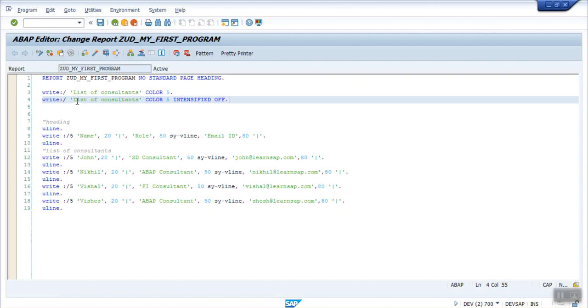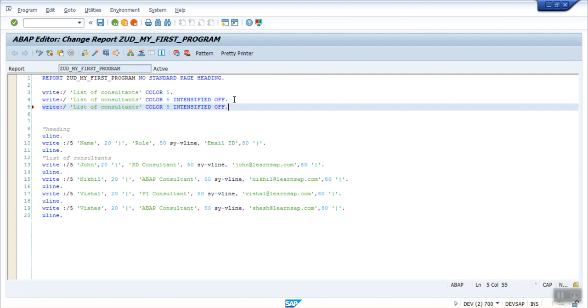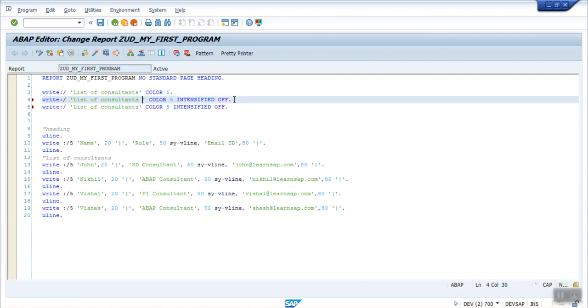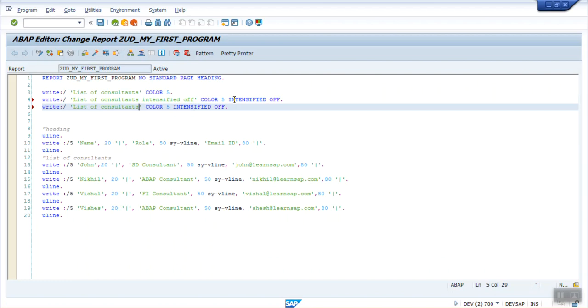Still, it has changed the background color. If you want the font color to be changed, then we have to add one more parameter called inverse. Let's see, intensified off, and we write here inverse on. Color 5, let's say intensified on, and inverse on.